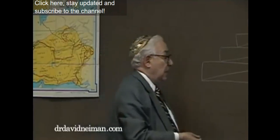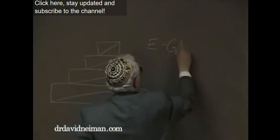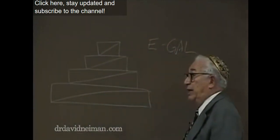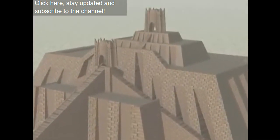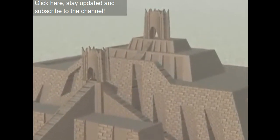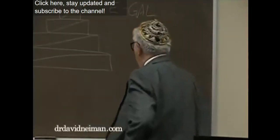And on the top, they have the building that they call the Great Building, Agal, which means a great building. And that is the temple, but there is also more there. There's the temple, the community hall, the public place, the court of the town, and so on. They built these because